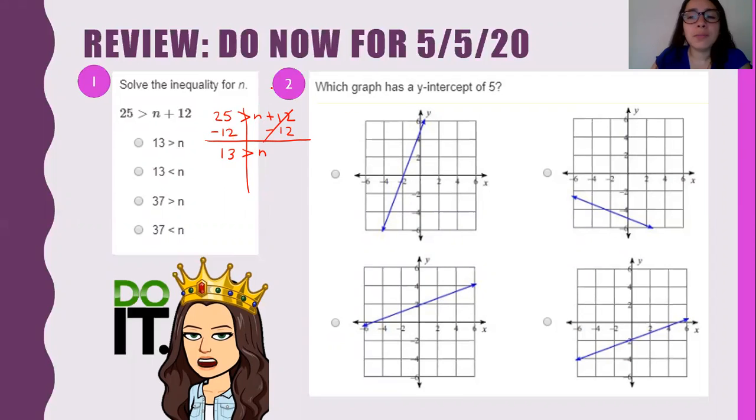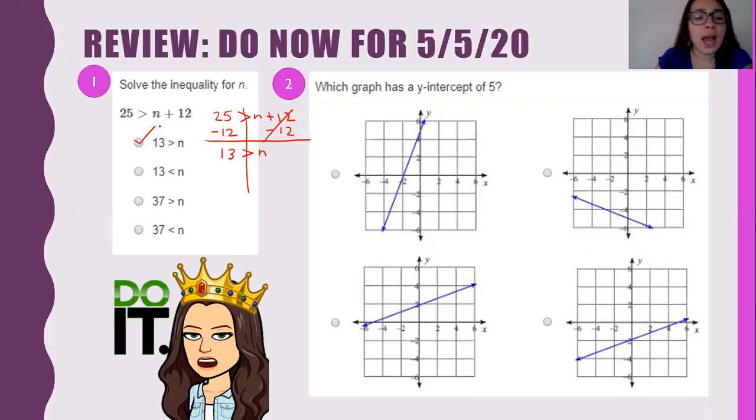Notice my inequality symbol did not flip, and that's because I did not multiply or divide by a negative number. Remember, whenever you multiply or divide by a negative number, that inequality sign flips. Otherwise, it stays the same. So now I look at which answer reflects the answer that I got, and that would